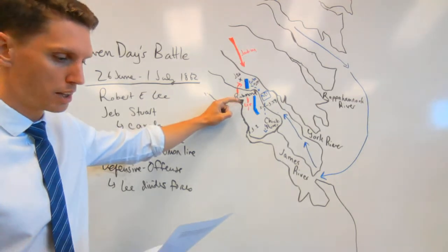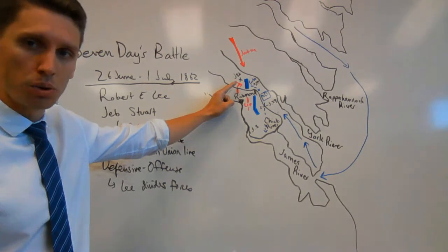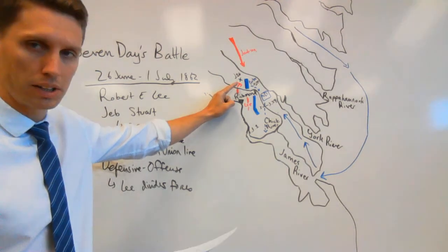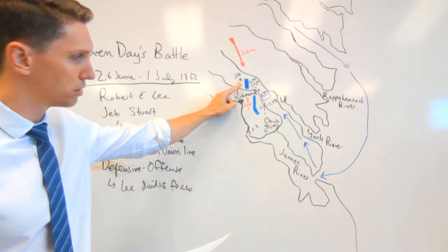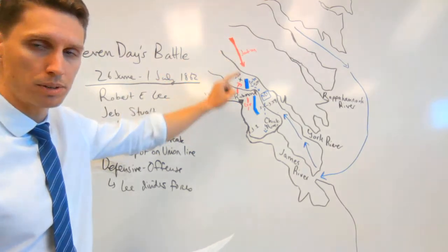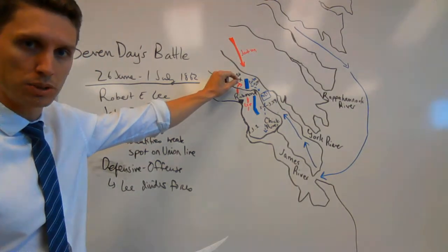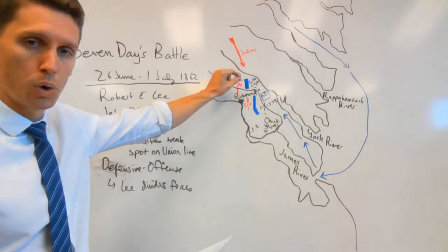And then he sends the rest of his troops, 60,000 men, north to attack Porter, who only has 30,000. So it's going to be 60,000 versus 30,000 up here. He's also got Stonewall Jackson coming down from the Shenandoah Valley. And so you're going to create a circumstance here north of the Chickahominy where the Confederates